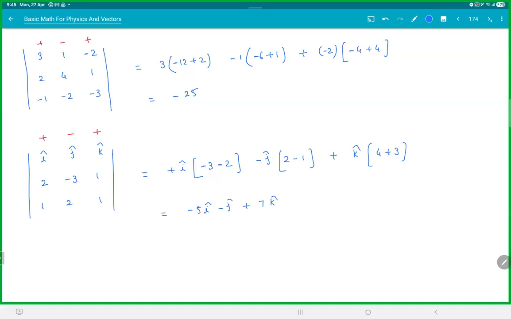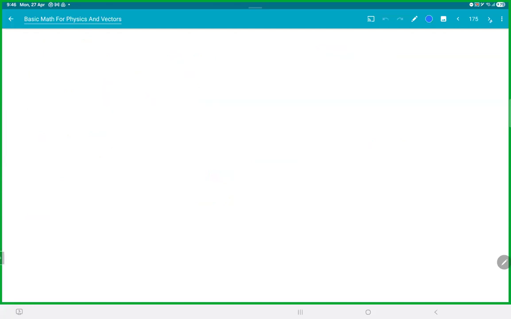Easy, got the stuff. So this is called a 3 into 3 determinant or a matrix. So just a mathematical technique. We will keep seeing this. It keeps coming wherever you see cross product. This is one of the ways to figure it out. Great, but what does this cross product actually signify? If you remember, a dot product gave you the component of one vector in the direction of another vector. So the physical significance here is